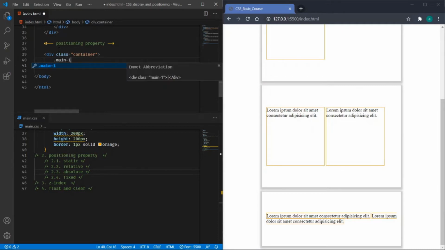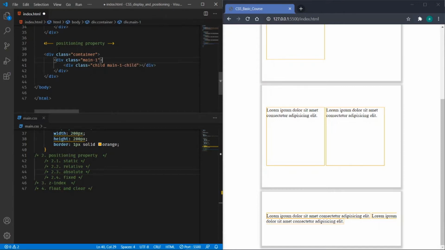I will have 4 main containers for different sections: for static I will have main 1, for relative main 2, for absolute main 3, and so on. Then the child elements: I will use a block level child, the main 1 child, to have some differentiation.